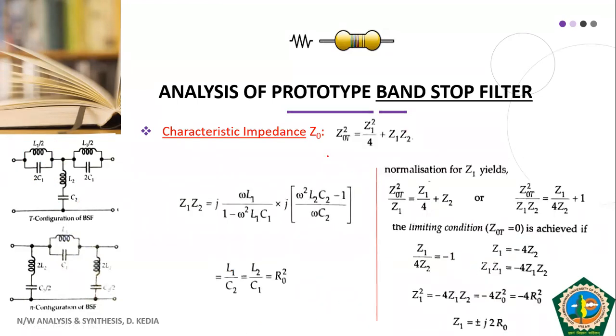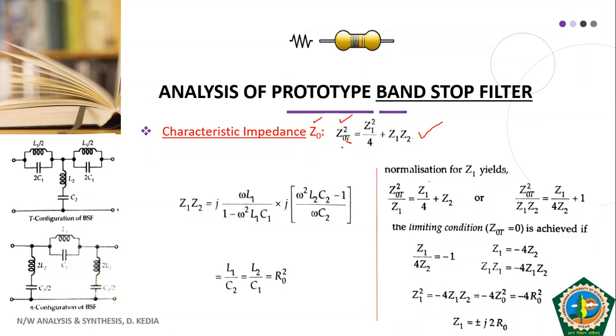So then we had seen, in fact, since the beginning of the discussion of prototype filters, we are defining the concept of characteristic impedance, and we are defining it for the two types of sections. One is your T section and another is your pi section. So the characteristic impedance of the T section is this one: Z naught T square equal to Z1 square by 4 plus Z1 Z2. T means T section, Z naught is characteristic impedance. This is the same expression that we have seen in all types of filter.